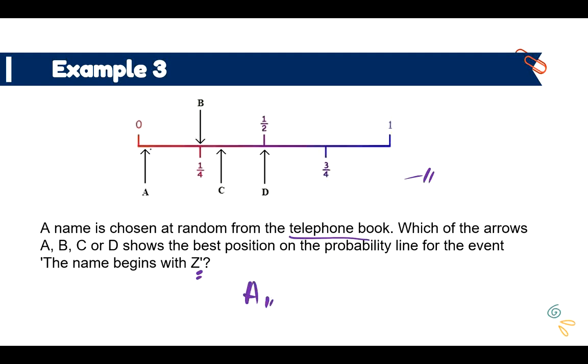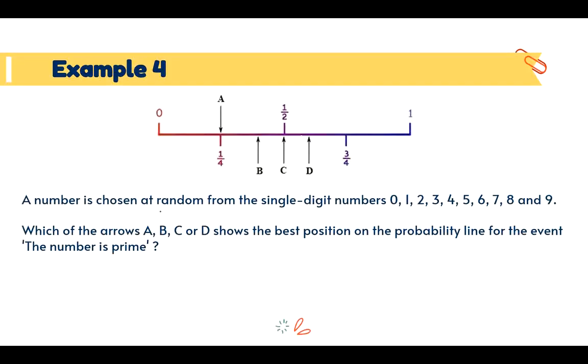And A is malapit siya kay 0. Okay? Hindi naman natin sinasabi na impossible siyang mangyari, but unlikely na nangyayari. The best answer is A. Okay? Siyempre, kung titingin ka ng telephone book, mas mataas na, may chance na makakita ka ng ibang letters. Kasi for example, letter A, letter B, letter C, yun yung mga common name eh. Nagsastart sa letter A, B, C, and so on and so forth. So, sa letter Z, kukunti lang yan. At saka, at the same time, sa pinakadulo pa ng telephone book, kukuha po. So, unlikely.